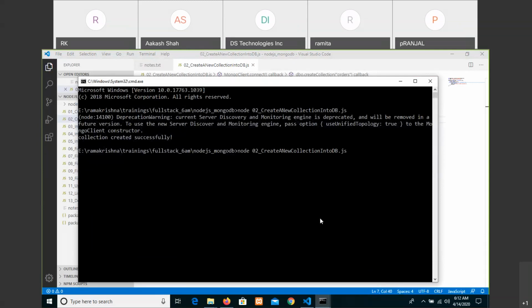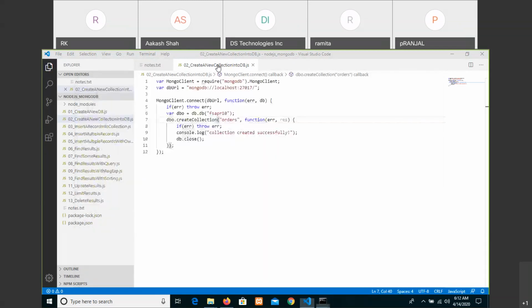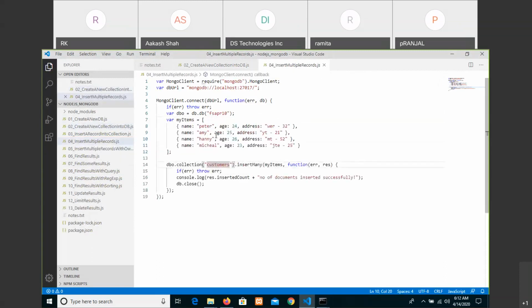So we are done with the two different collection creations, and now we want to insert records in the products.